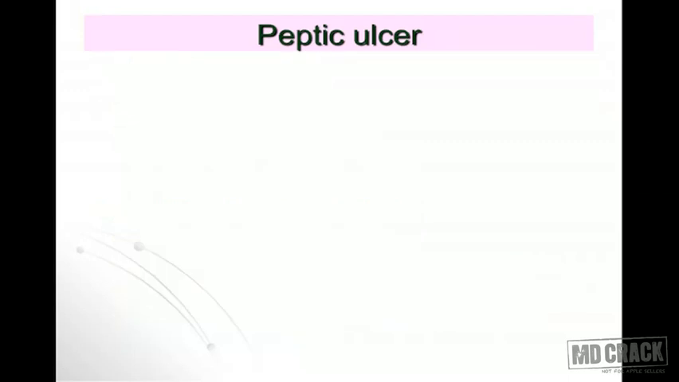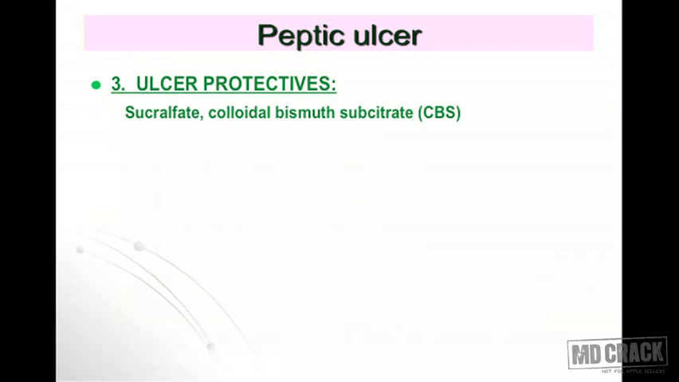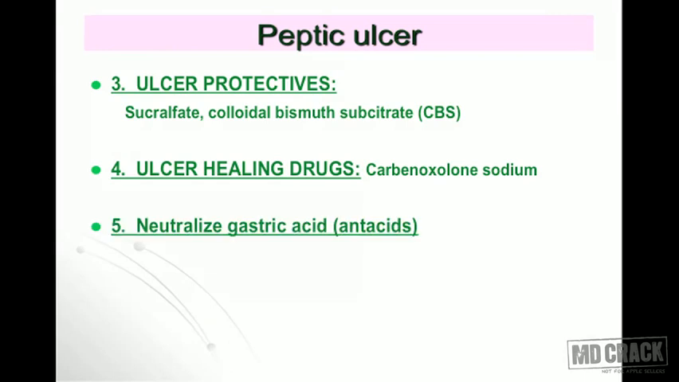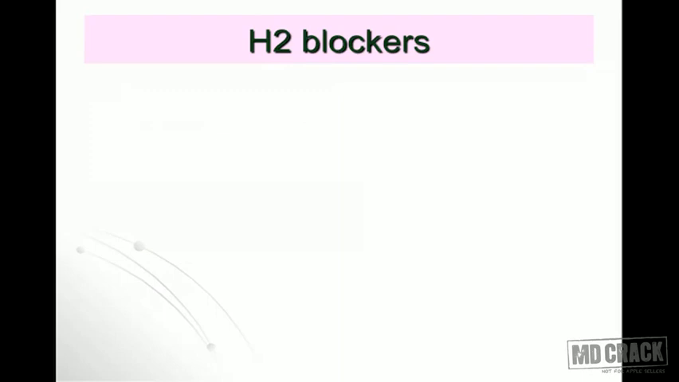To complete the classification, we also have ulcer protectives, that's sucralfate and colloidal bismuth subcitrate, and ulcer healing drugs carbenoxolone sodium, and the drugs which neutralize the gastric acid, that is the antacids, non-systemic and systemic antacids. But the place we had come until was the drugs decreasing gastric acid secretion, and we start discussing the H2